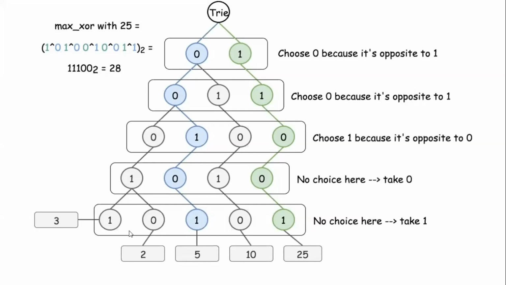Basically, we do XOR for all these values with all the possibilities. Let's say we take 3, which has 0 for the most significant bit; I try to find the XOR with its negation. Basically, it is a negation. So if I have 0, I try to find 1 so that I can get the maximum. Similarly, we do like this. At the last level, we get 0. So it is basically 16 plus 8, which is 24.